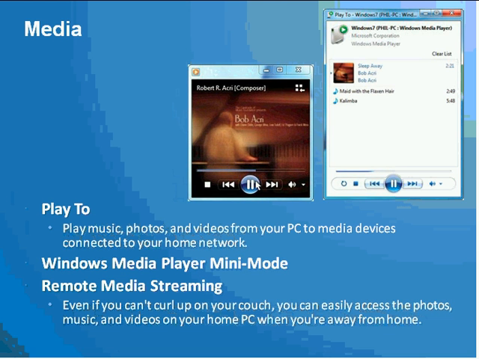We will be seeing a demo of this in a short while, but this is the media capability of Windows 7 that's been enhanced significantly. Windows Media Player 11, which is included in Windows 7, now supports a Me mode, which means you can see things playing in a very, very compact fashion. So we'll see that as well. And finally, remote media streaming is enabled, which means you can access your photos, music, videos, or whatever media is there, even when you're away from home over the internet.